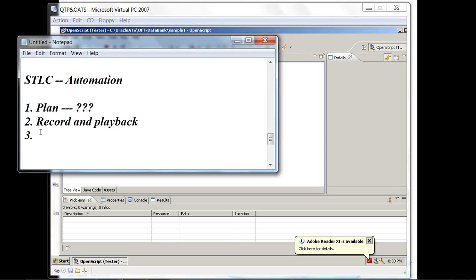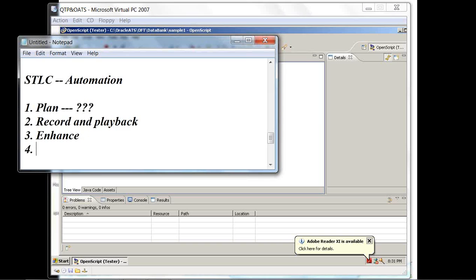The third thing is we should be able to enhance the test script. That means if we have something like parameterization, checkpoints, or retrieving the values from an object page at runtime, we should be able to gather all those things as an enhancement part.